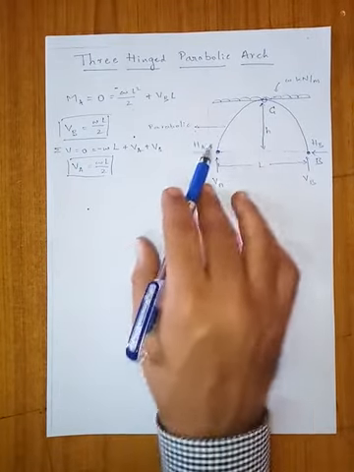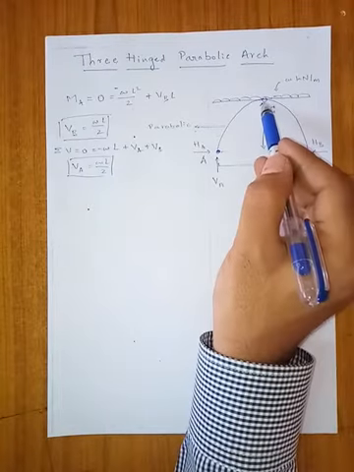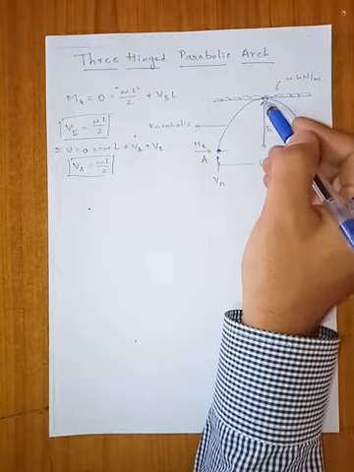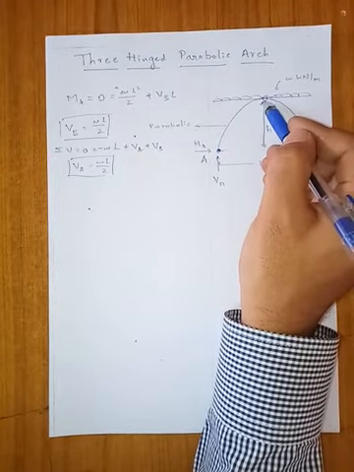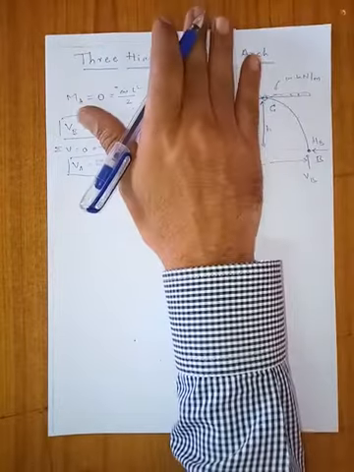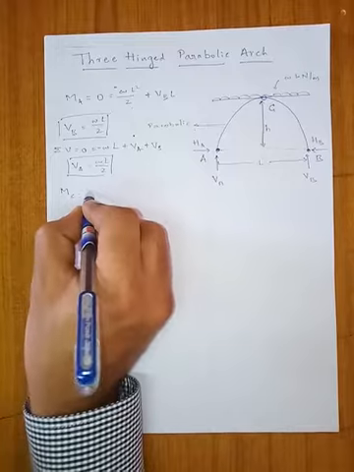Now we have to find out the horizontal support reactions. For this, we also have a hinge at crown C. I'll take moment at C. Since it is hinge, the moment will be 0. You can take either the right section or the left section. I'll take the right side of the section. Moment at C is equal to 0.